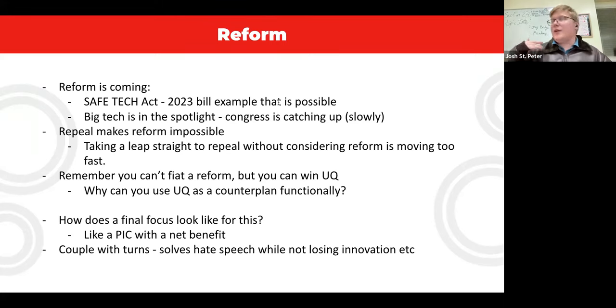So they talk about different ways which could make different reforms, but it's important that you have to win uniqueness that the reform will happen. You're not allowed to fiat a reform, that's just called a counterplan, which in the PF rules is not allowed. But beyond that, you're able to functionally use counterplans by using uniqueness that proves the plan will happen in the status quo. So you can use uniqueness to functionally create a counterplan by giving some alternative that will solve for the pro, with net benefits.